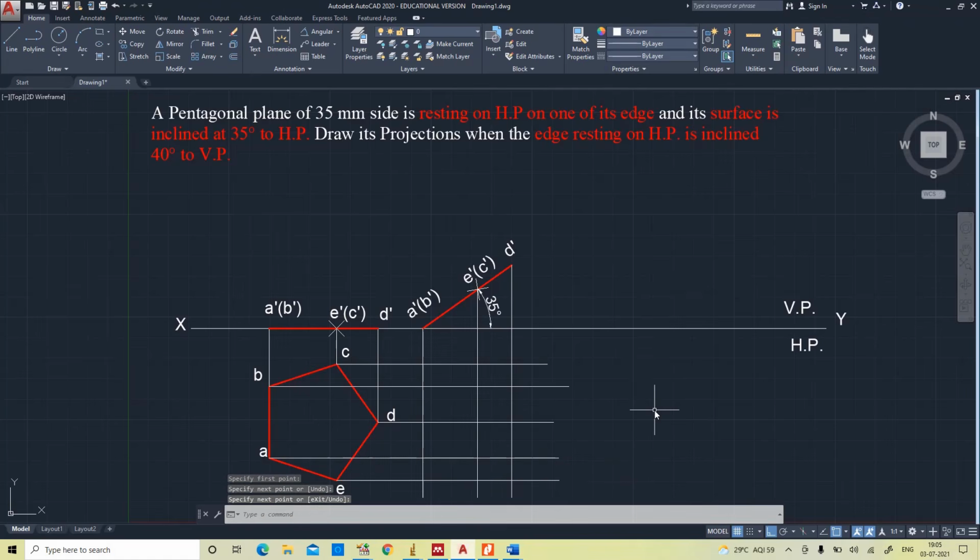Now we have vertical, horizontal. We will mark the points. So first I will start from here. See, this projector belongs to A and this one A.